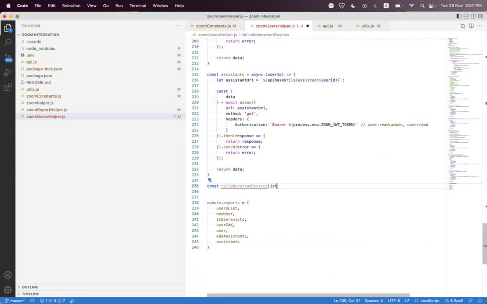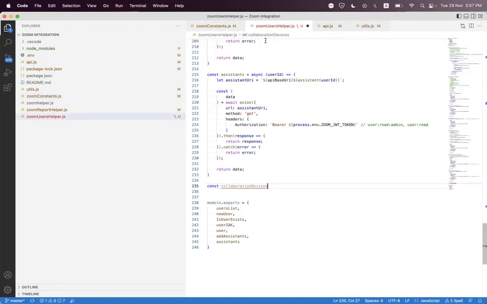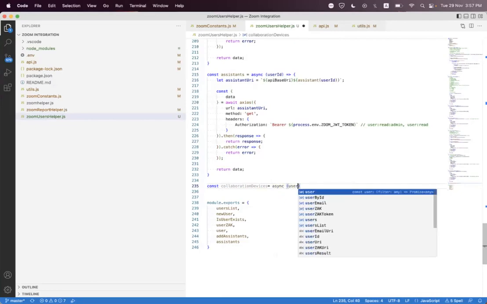I think we need to remove the S from here because there will be a naming conflict. I think in the next session I will create a proper object so that we can get rid of that naming conflict issue. Okay, so we pass a user ID,